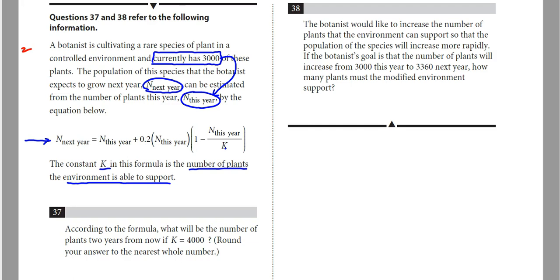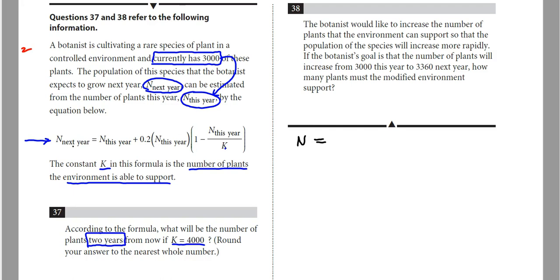So let's see what they're asking. Number 37, according to the formula, what will be the number of plants 2 years from now? So we need to find out how many plants 2 years from now if K is 4,000. All right, well, we got a bunch of numbers. Let's plug them into this equation. So the number of plants next year, we don't really know that. I'm just going to leave that as N,